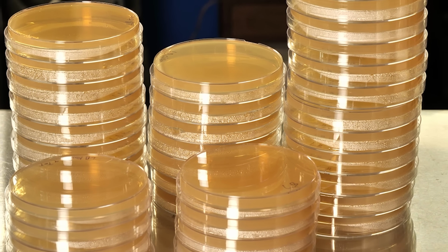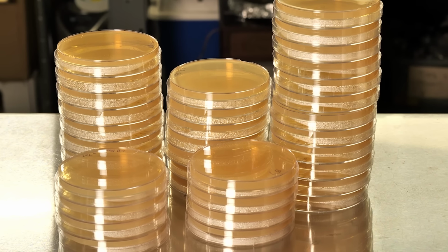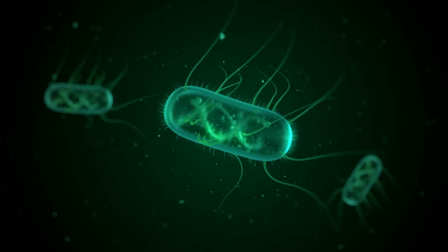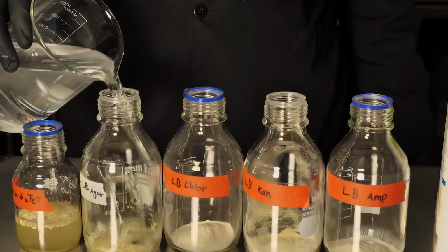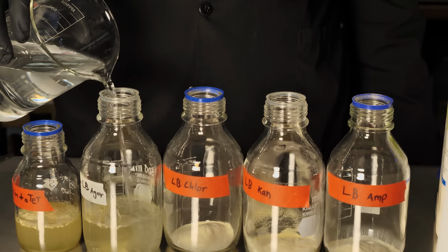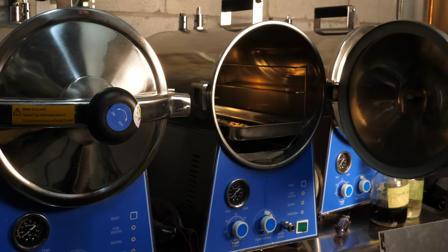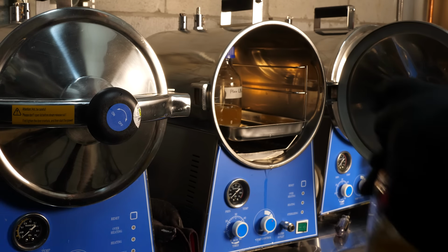For those plates, we need 2 sets, one with and one without our chosen antibiotic mixed in. Because E. coli aren't the only things that can eat LB, we need to sterilize all of this growth media, as well as work under sterile conditions to avoid contaminating our cultures or our workspace. Generally, sterilizing media is done in a pressure cooker of some kind, and I use these nice dental autoclaves for